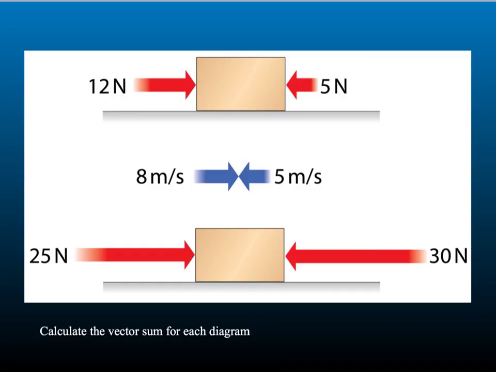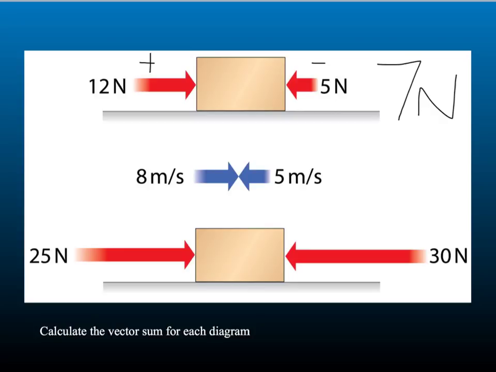Okay, so I want you to stop the video, and I would like you to calculate the vector sums for each of these. Okay, so in the first diagram, if we take this way as our positive direction and this way as our negative direction, then we can see that we actually have to do 12 take away 5, which gives us